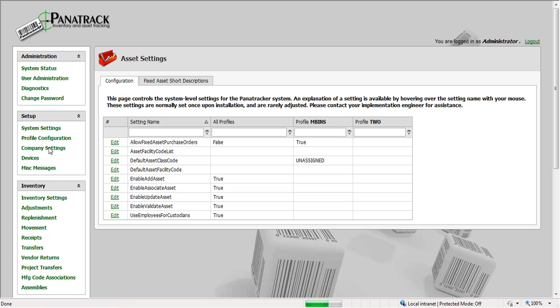For assets, we have the asset setting configuration. So this provides some various configuration settings that you can set up by profile. And keep in mind, a profile could be company, it could be a user, or it could just be something generic that you're going to assign to that handheld unit based on its location and where that unit is physically located. So some of the settings that you can do is settings for defaults for the location and asset class